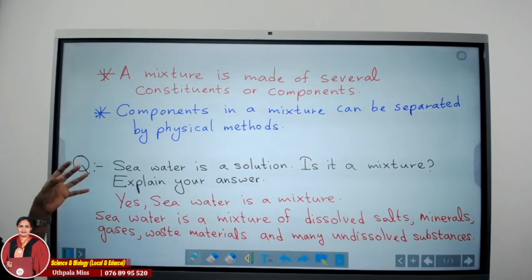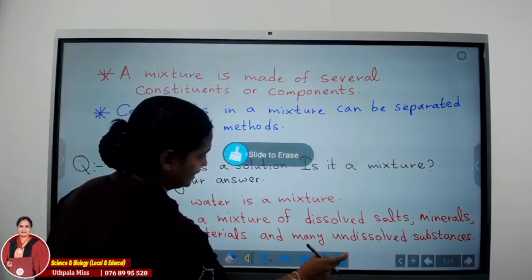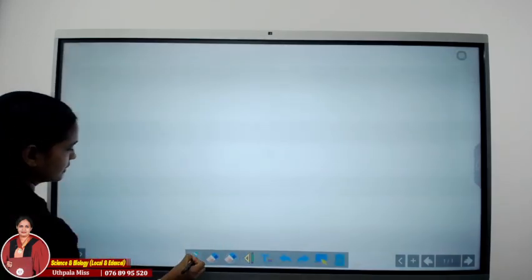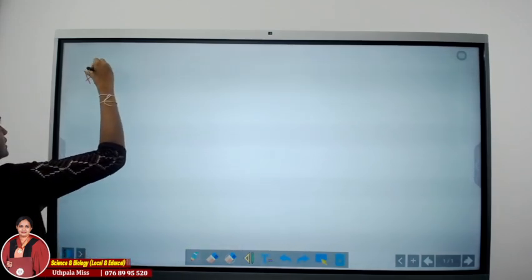Now you should be able to differentiate pure substances and mixtures, right? Pure substances and mixtures. What is the difference? So I will share the recording. Before the next session, if you have missed certain parts, you have to watch the recording once again and join. Okay, Miss. Done, teacher. Then I am asking this question for homework. You have to think and come up with an answer in the coming week.